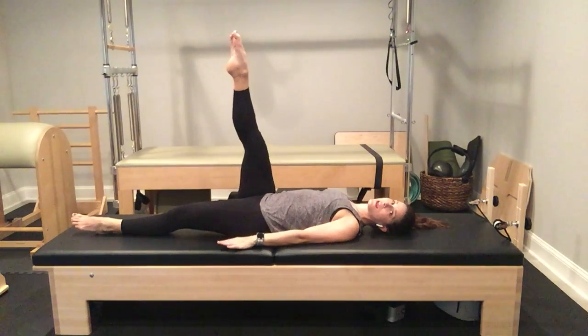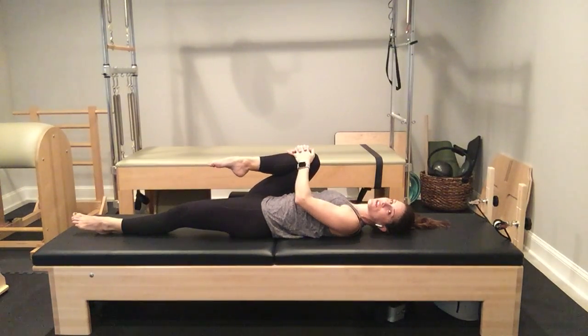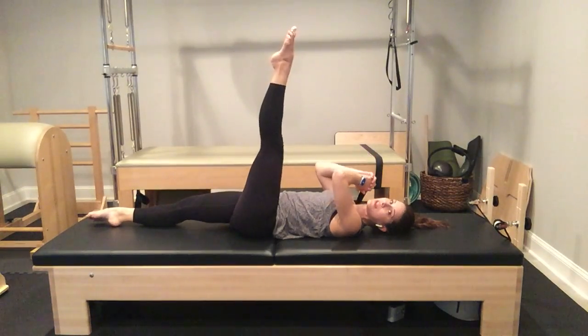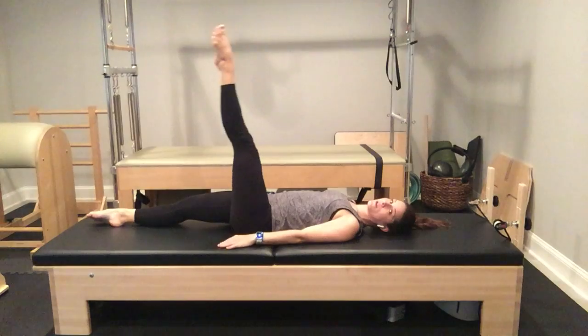And 8. Bend your knee, giving it a hug into your chest. Extend your leg along the mat. Bring your left leg up, straight leg. We're going to do the same movements on the other side. We're going to lower our leg,